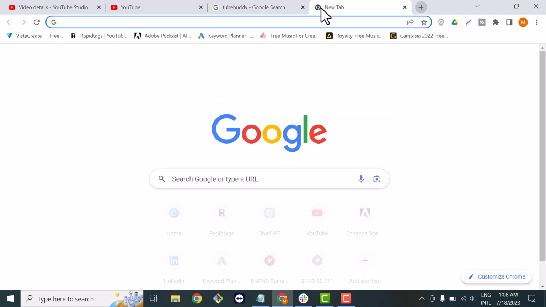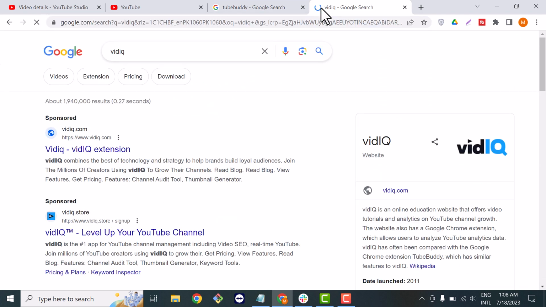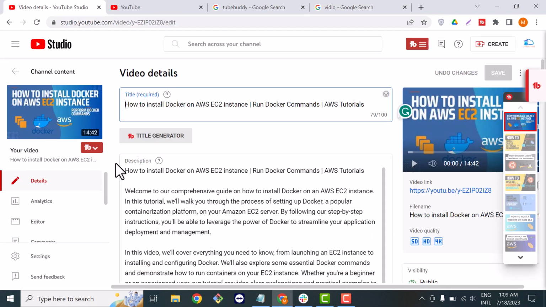And the next tool is vidIQ. vidIQ is similar to TubeBuddy, and you can also use it to create your titles. Once you complete your research on the topic of your video, just write some words in vidIQ and it will suggest which titles you can use for your videos. I'm showing you all the free tools, so it will help you a lot to do your video SEO. Now move to our next section,